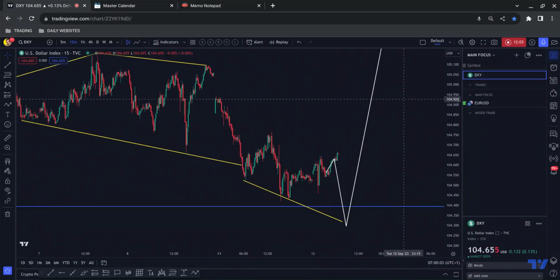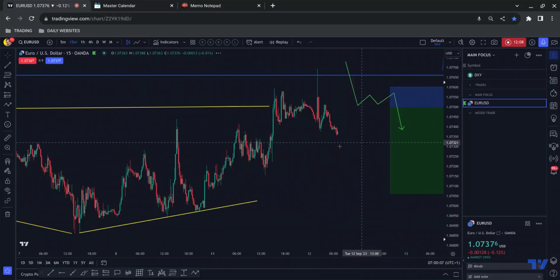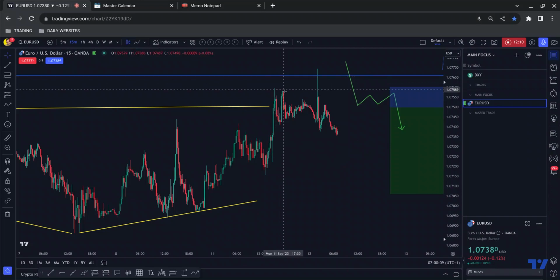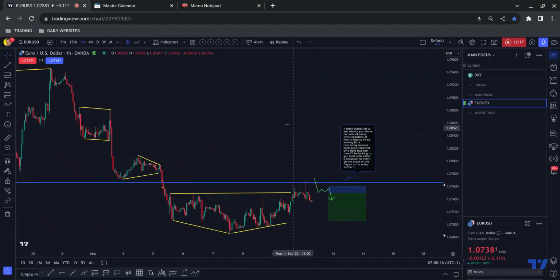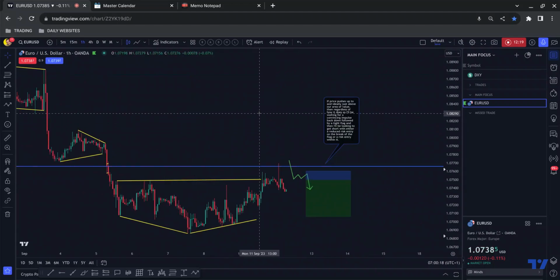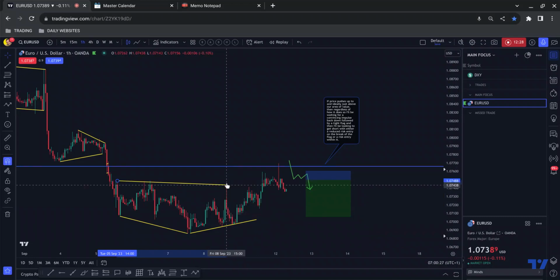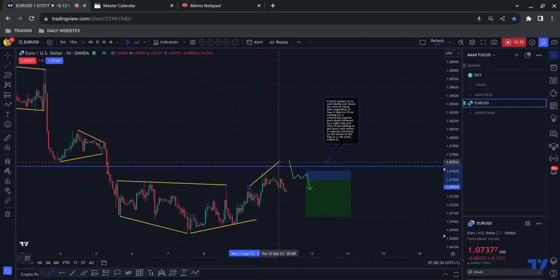Now, if that was to happen, then the same thing would likely happen on the flip side on euro dollar, okay? Which is maybe why we're getting this kind of corrective move down. So that adds fuel to the theory, potentially, especially when I look at what's happening across the board with the other dollar related pairs. If we just rein this in a little bit, and assume that this is one structure of its own and this is a separate piece of structure, and we just cut through these wicks,